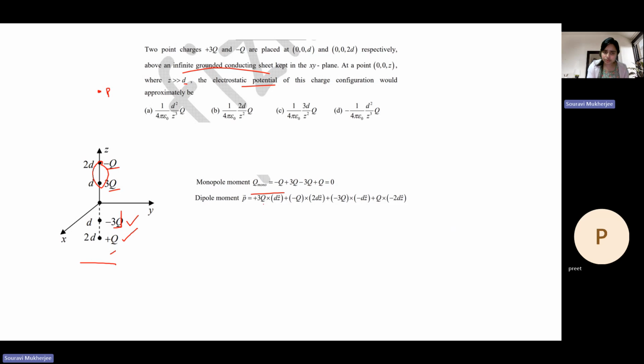Basically, we take the charge and how far it is from this point, the distance, so q into d. That is your dipole moment. So you have 3q into d plus minus q into 2d. Again, you have minus 3q into minus d plus q into minus 2d. You do all these combinations to find the dipole moment. Now, because the first term, the summation of the charges, has gone to 0, we want to now find